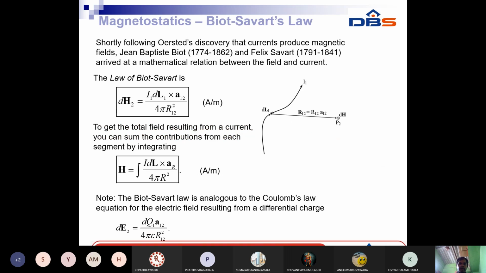Next we see the Biot-Savart law. With the help of the Biot-Savart law, we can retrieve the magnetic field intensity. According to the law, assume there is a current carrying conductor carrying current I1, and take a differential element dl on the conductor. Let us assume a point P, at which we have to find the magnetic field intensity. That dH is directly proportional to the current passing through the conductor into the differential length, and inversely proportional to the square of the distance between the point and the differential length, along with the angle.